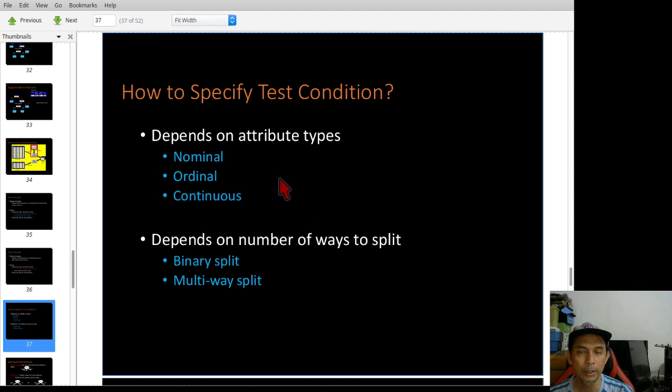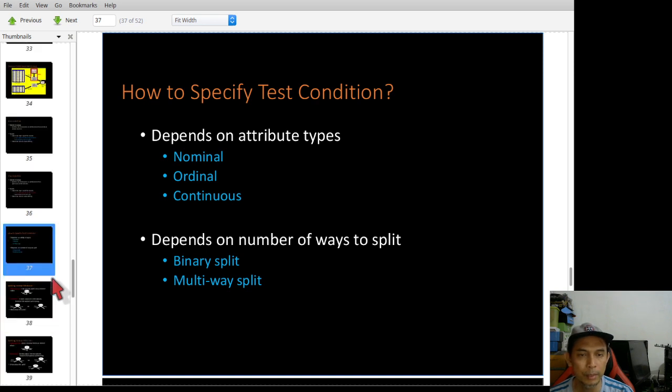So in this example, we have categorical, nominal, and we have continuous. And then how do we split the attribute? It can be binary or multi-way. Of the two decision trees in this slide, both are binary split. But in some other cases, it could be multi-way split.